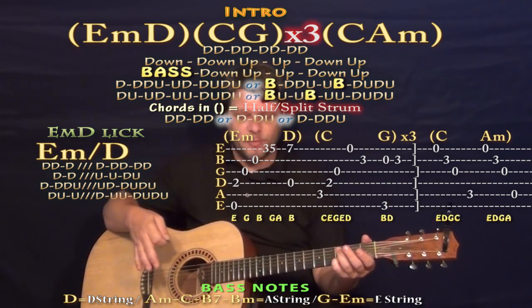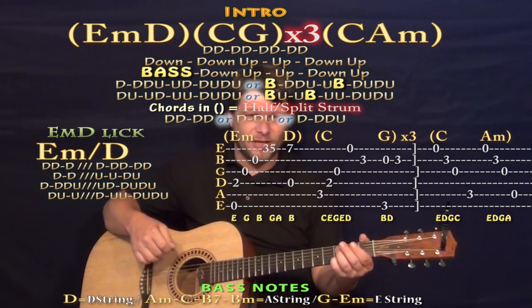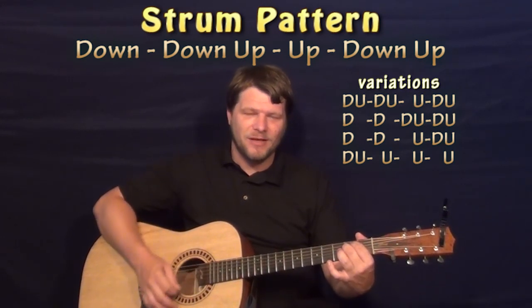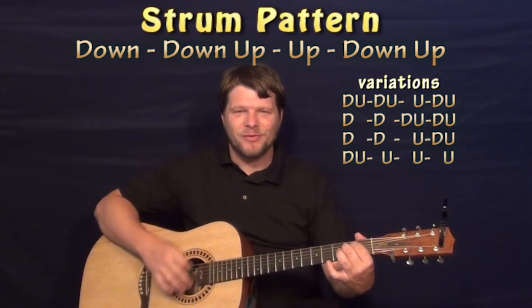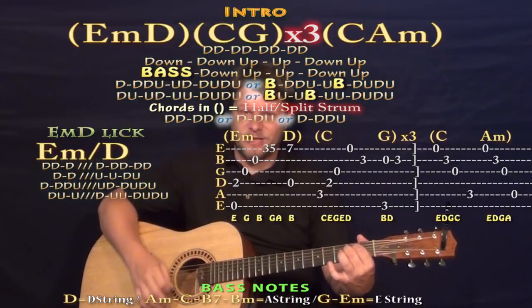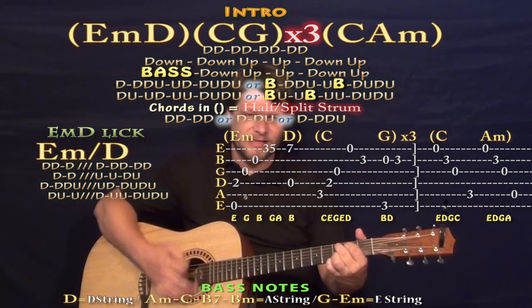Or if you dig in on the strumming idea, you could strum through that part. One of my favorite strum patterns for a 4/4 like this is down, down, up, up, down, up. So you took the E minor and just tried that a lot. You'd have down, down, up, down, up, down, down, up, down, up, down, down, up, down, up. The tune's going by really fast, so you may want to work just a down, down, up on each of those chords. Kind of E minor, D, C,